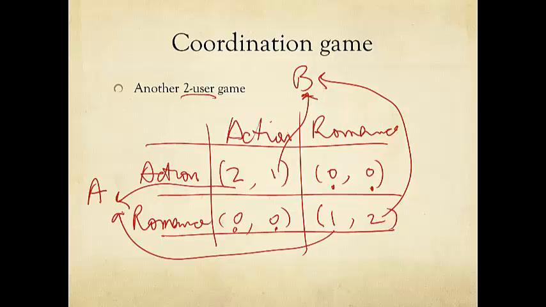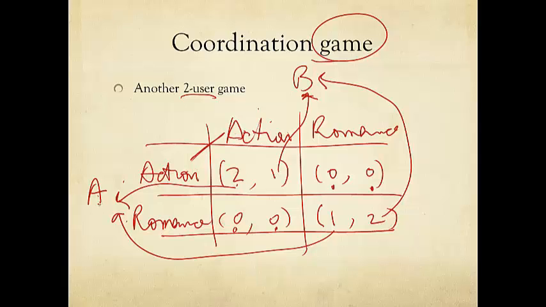So obviously you both have the incentive to try to reach some kind of consensus. But you still would like to compete, because depending on what kind of consensus it is, you'll be getting different kinds of payoffs. So again, now we have defined a game, a coordination game. The set of players, which is A and B, for each user, there is a strategy set, 2 possible strategies, and the payoff functions basically map